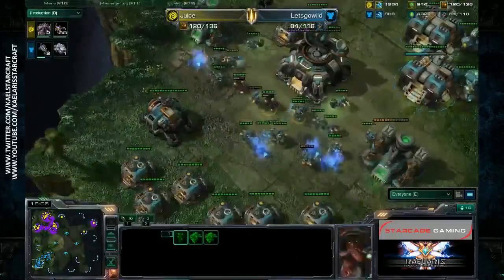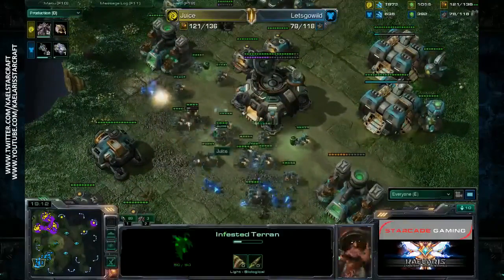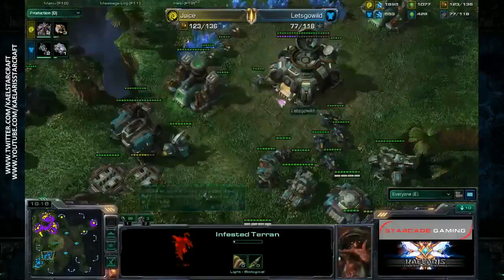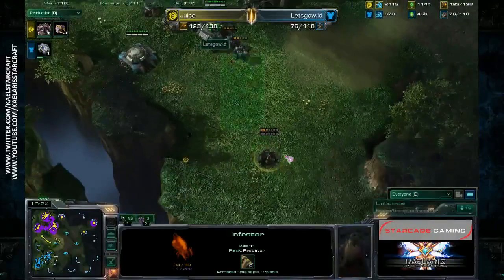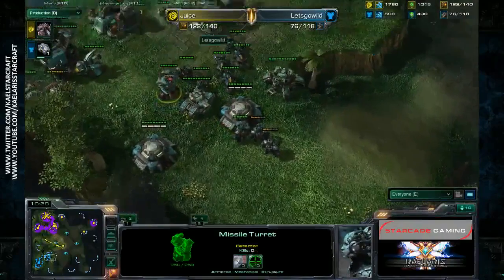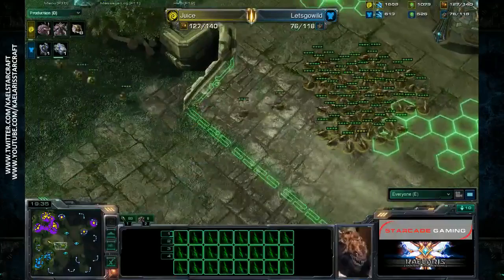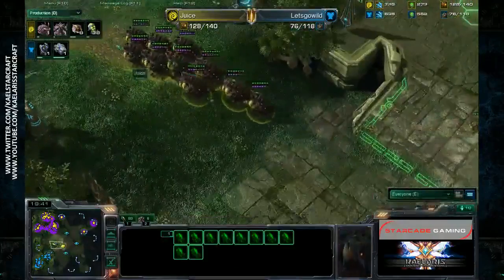But at the same time, some Infested Terrans did get dropped in the main base of Letsgowild, taking out a few of the drones here. I can't actually see... Oh my god, I didn't know that Infested Terrans don't have a kill count. I guess it's on the Infestor. But where is the Infestor? The lone Infestor here in the front did get shot at ever so slightly by these bunkers and missile turret. But ultimately now, Juice looking to move into position for what looks like a huge attack,